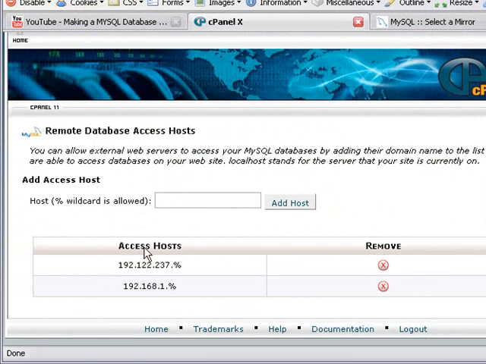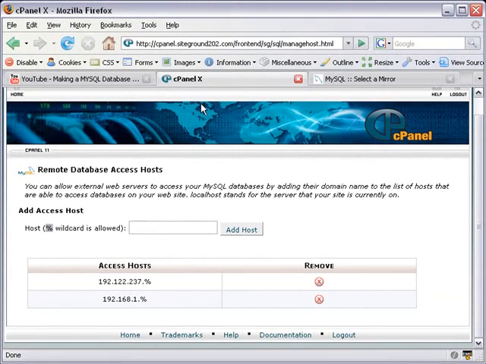We already have just 2 IP addresses that we allowed to access our databases remotely. So if you want to add one, it also says here, host, and the % will allow a wildcard in that area. So an easy way to find your IP address is to go to, if I remember right, let's